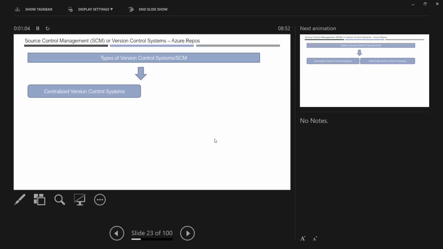Your Azure Repos is one type of version control management system. But before getting to Azure Repos, you need to understand the different types of version control management systems available in the market. Broadly, we have two types.